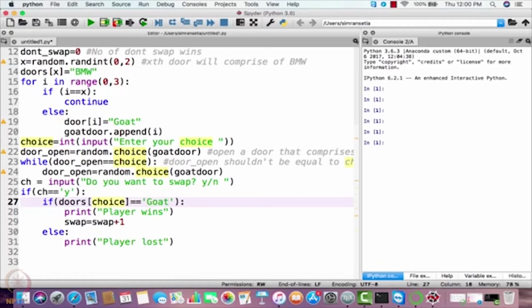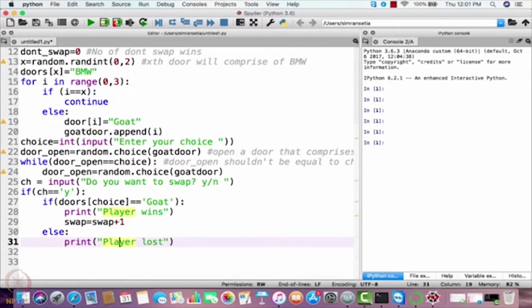Now if he'll swap, then he'll get BMW. So he is winning through swap, so we'll increment the swap variable here. Else if he has chosen BMW in the first place and now he is swapping, obviously he is going to lose this game.